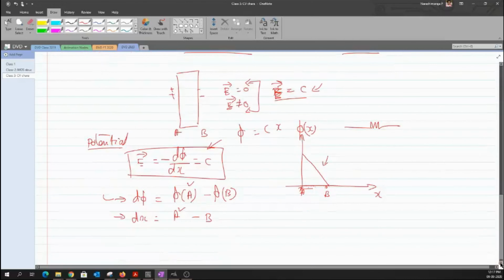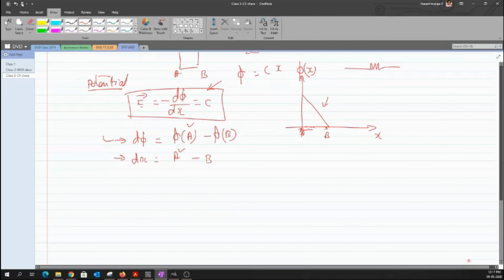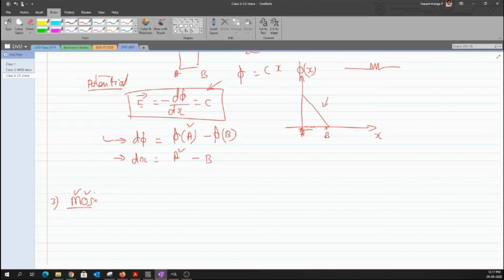So now let us go for the third type of structure, which is more important for our current discussion. I'm just going to take an MOS structure rather than talking about each individual structure separately. I'm going to combine metal, which we discussed as the first topic, the oxide as the second, and the third one is the semiconductor. Because a semiconductor alone cannot be used as a circuit element, I have to combine them in order to create some working structures.